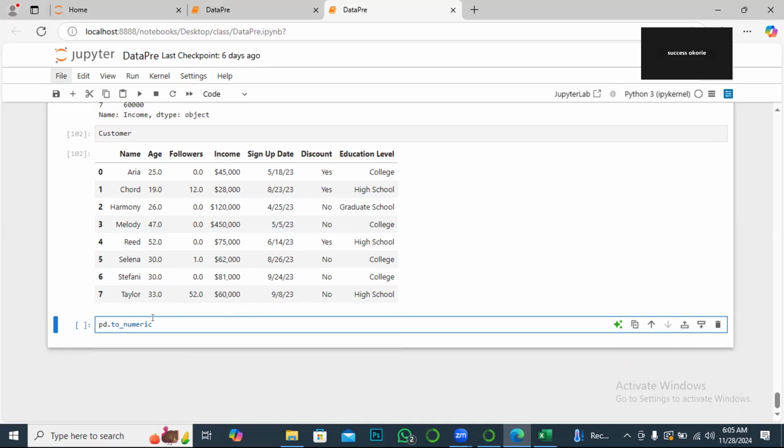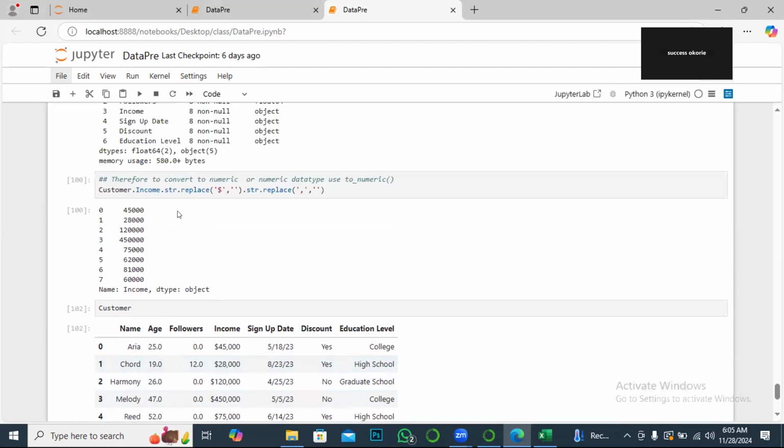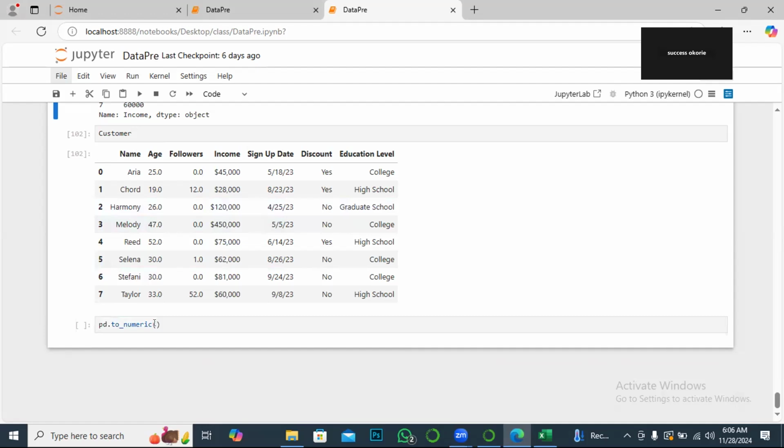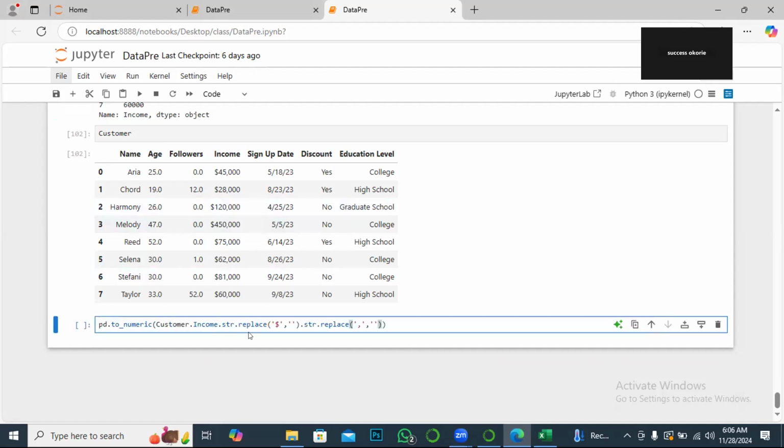Then, it's a function, so we will add the whole of this code inside. We'll add the whole of this inside. We'll add it inside here. Are you with me? Yes, sir. So now if I run this code,